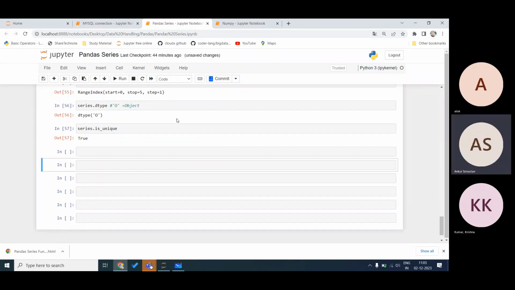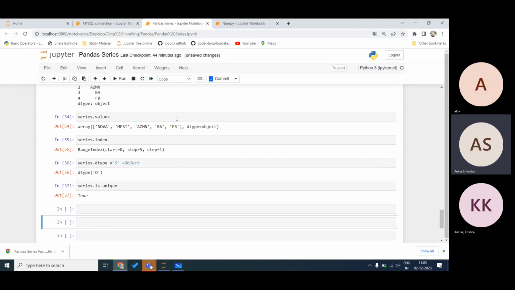So this is how Pandas attributes work. The next topic is Pandas methods.